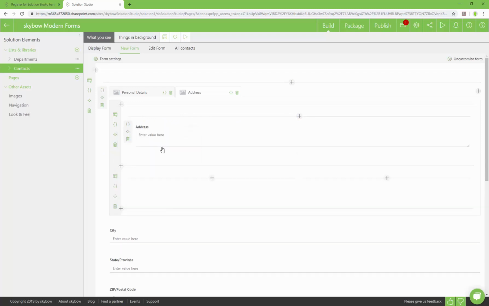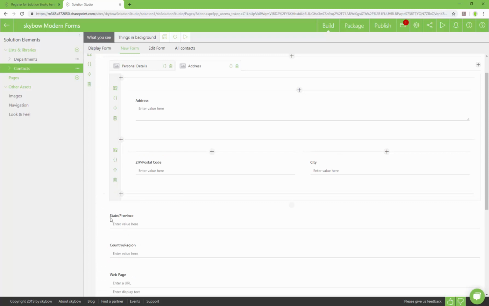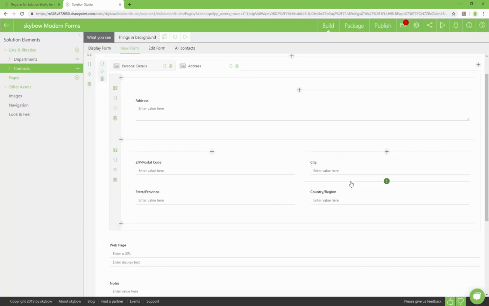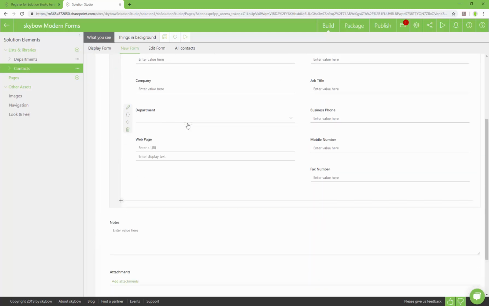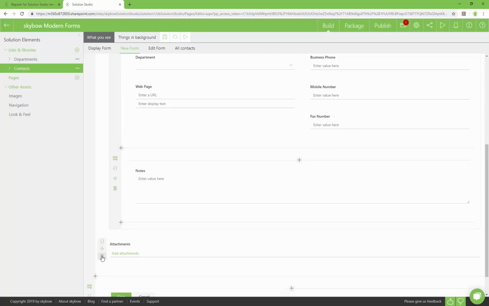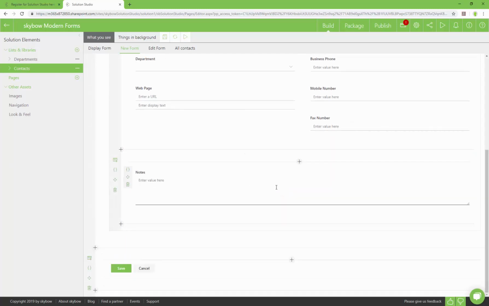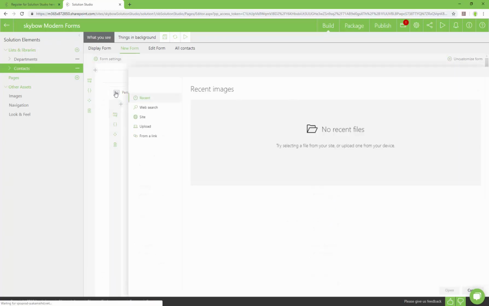You can add 1, 2 or 3 columns to layout or even tabs. Clicking on the tab icon, you can specify your own ones.